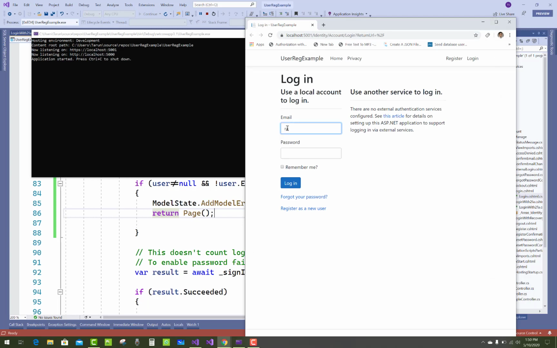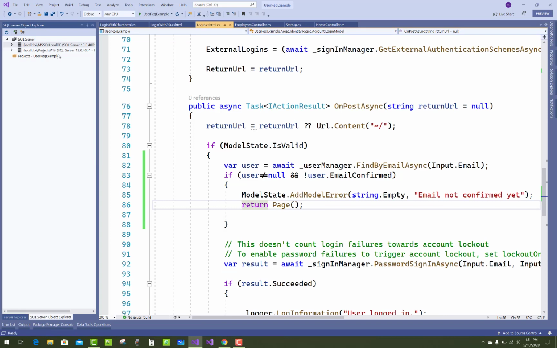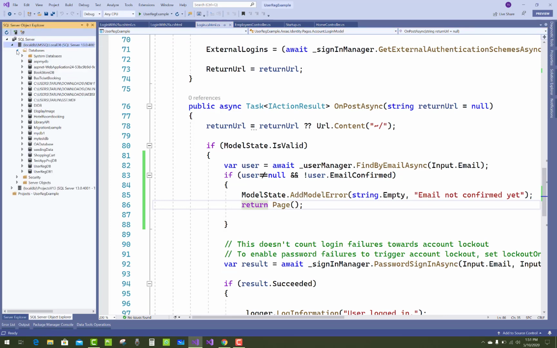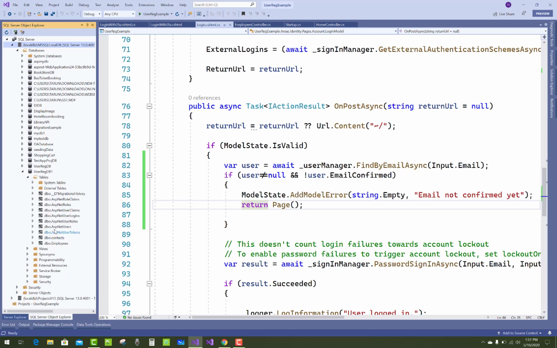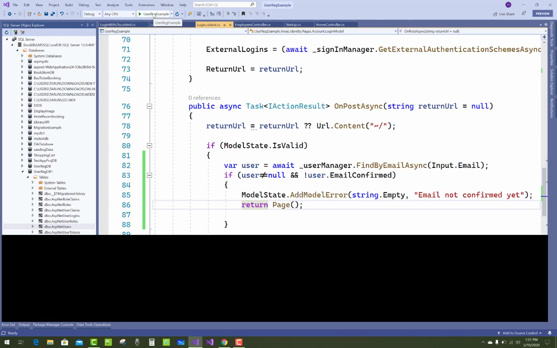So that type of message is not required to add into your project. The message "email not confirmed yet" is the correct message to display on your screen, but Microsoft skips that type of step, that is user not null and user.EmailConfirmed. Because if any hackers want your email and password, only one thing is needed, that is email confirmed. If it is true, then you can easily log into your system.